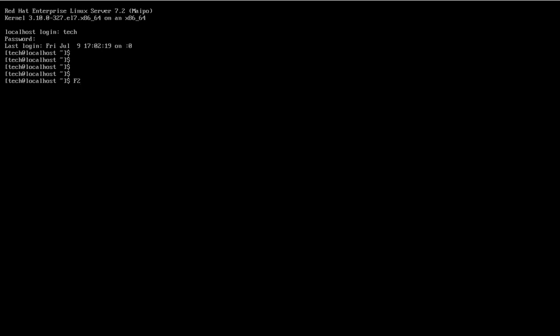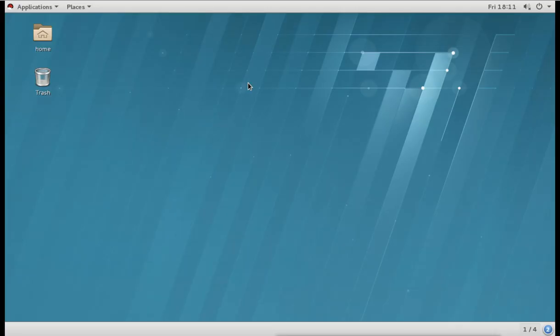Now when I want to go back to the graphical one, the graphical one is on F1. So if you want to go back to the graphical one, you will press Alt F1 and you will get back to the graphical one. So we have these different terminals from F1 to F7, or we can say F6.